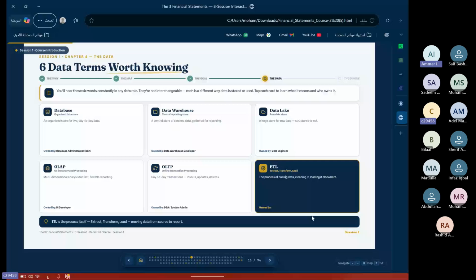Okay, we will just explain this because it's related to the previous topic, so we don't cut the flow. This is very important. It's called ETL, and you will hear it everywhere. It means extract, transform, and load. You are always doing this, but you are not noticing that you are doing it.